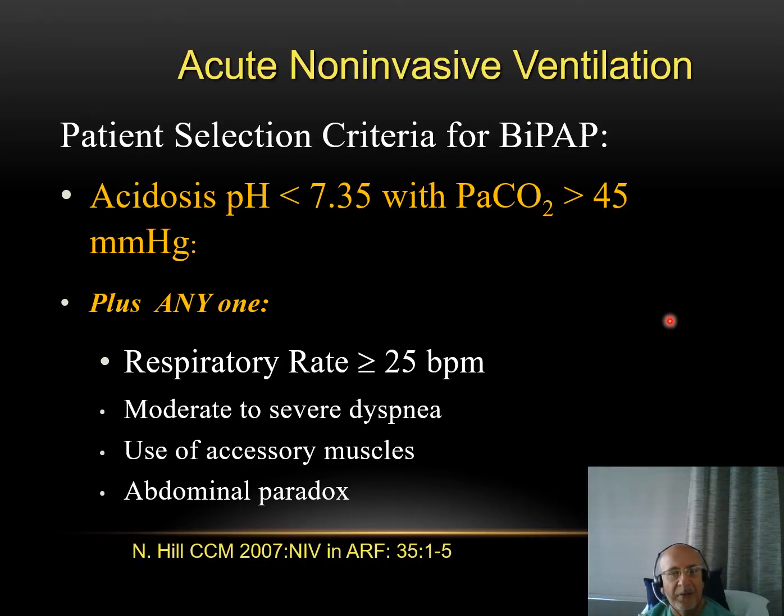Acute use of non-invasive ventilation and the selection criteria for BiPAP or bilevel positive airway pressure is extremely important. Bilevel or BiPAP should be utilized when the patient has respiratory acidosis, either acutely or chronically, where the pH is less than 7.35, associated with increased level of PCO2. In addition, the patient will generally have increased respiration rate or increased work of breathing and abdominal paradox. And so it is important to obtain a blood gas as quickly as one can in patients with severe respiratory